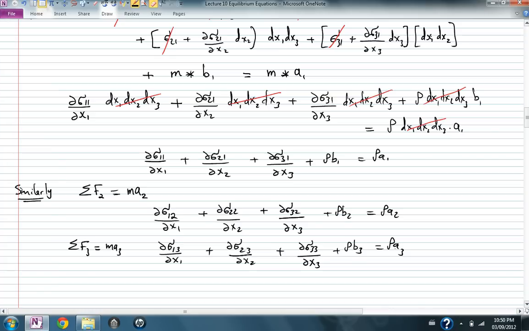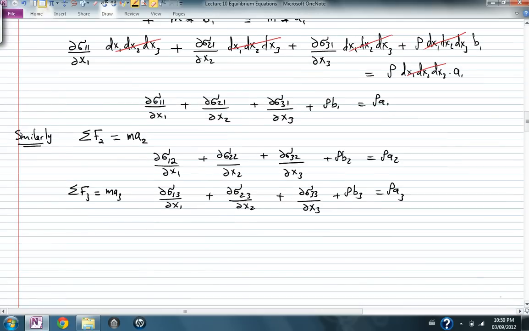Those three equations are what we need to solve to find the acceleration and the stresses inside the continuum using different boundary conditions. Now, these equations can be written in a simpler form by simply saying